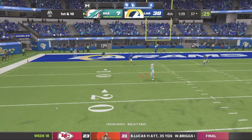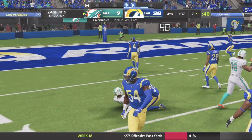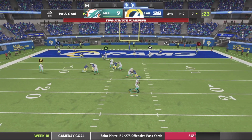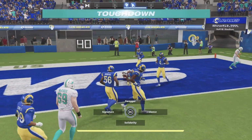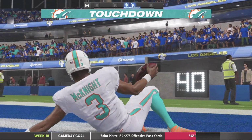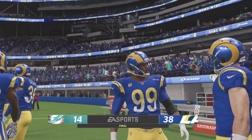So here's McKnight now throwing across his body. That's a beautiful throw. And that's a first down inside the 10. Lynn Bowden will at least get that catch. Now we're at the 7. Here's McKnight. A lot of room. He's going to take it himself for the touchdown. And we at least get a touchdown for McKnight at the end of this game. But it's way too late. We get blown out